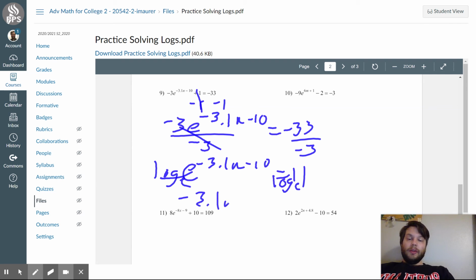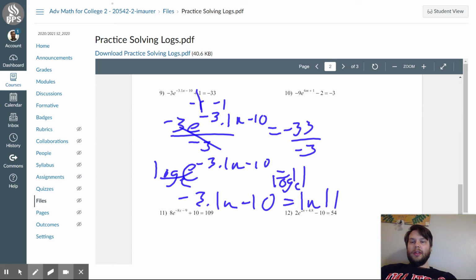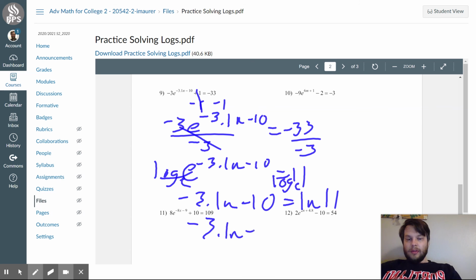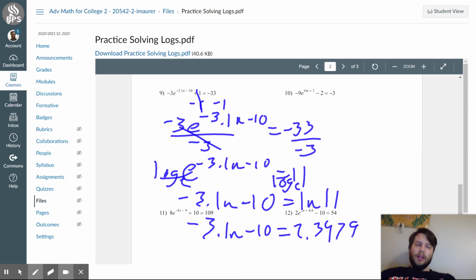So I have negative 3.1n minus 10 equals, I can write it like this, ln of 11. And I think Google should handle that too. If I just type in ln of 11, it tells me 2.3979 if I'm doing rounding. So we've got 2.3979. We're almost there. We still got to add 10 and then divide by 3.1. So if I add 10, just trying to conserve some space, that becomes 12. And so if I divide by negative 3.1,